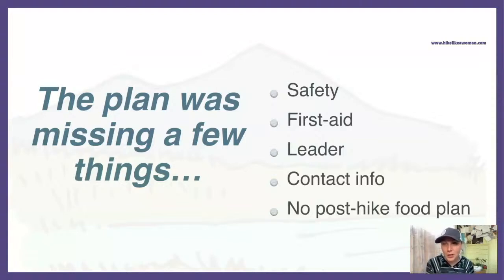We also didn't have a group leader. And it was interesting because I had put the plan together, but I didn't necessarily want to lead the hike. And I didn't want to be the person in charge of the trip. We should have identified a different leader or something along those lines. And that came into play when we all started climbing up this mountain at 5:30 in the morning, and we just charged hard, and we realized that we all had different hiking speeds. Some of us just wanted to go slowly, some of us just wanted to get all the summits and get back to the campsite as quickly as possible. So our group quickly broke up into smaller groups,